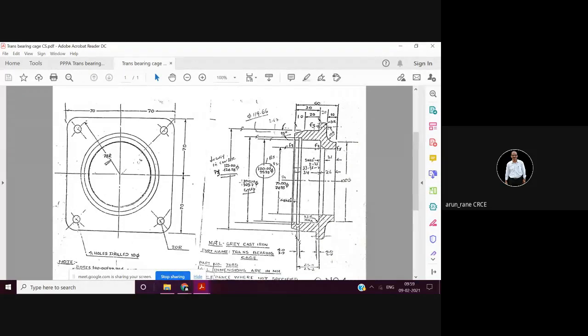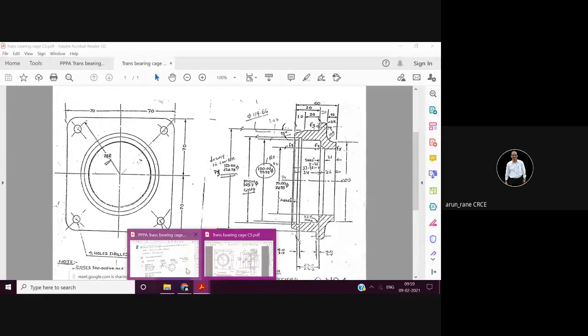Generally, a functionally important surface is one whose tolerance is 0.05 or at the most 0.1 or less. We take it as 0.05. Those will all be functionally important by default. Wherever the tolerance is less than 0.05, those are functionally important surfaces. So in this case, 75, 100 and 125 are the functionally important surfaces.